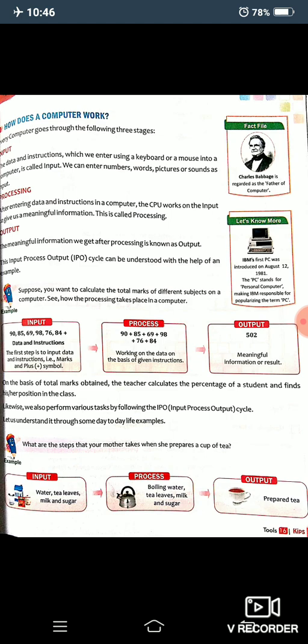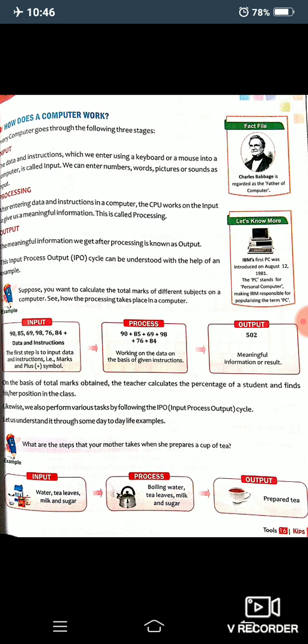So after getting input from the user, it will process it, it will calculate the sum of numbers, and at last in the output part it will show you the final result after processing. Okay, so this is all about the IPO cycle.